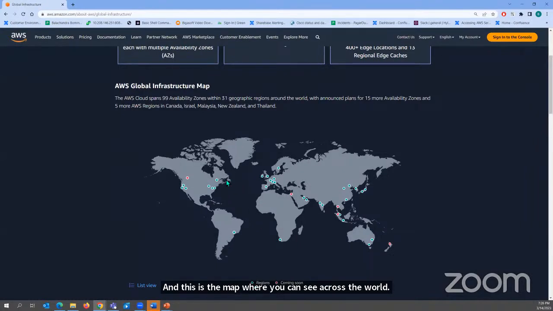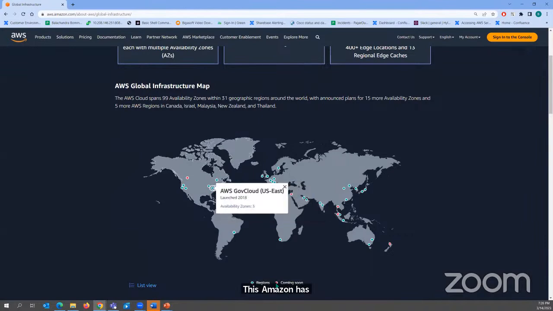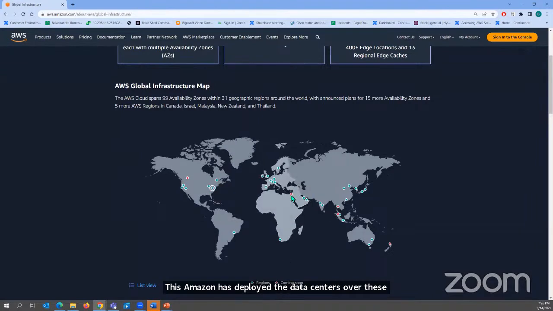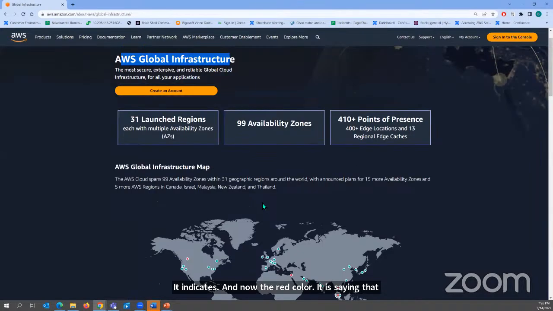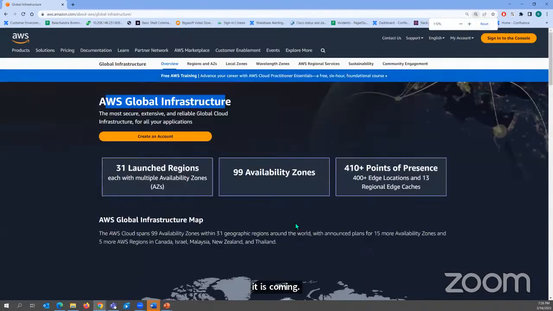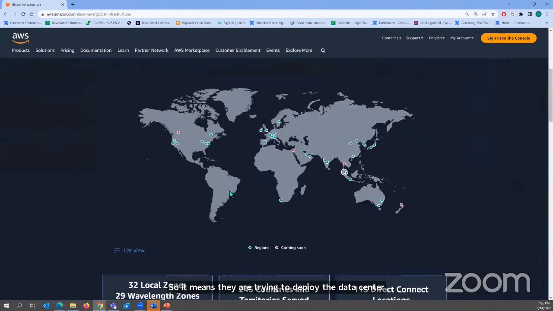You can see the green color, it indicates the regions. And the red color is saying that it is coming soon. It means they are trying to deploy the data center, which has not been deployed yet. That is all the green color regions across the world. You can see